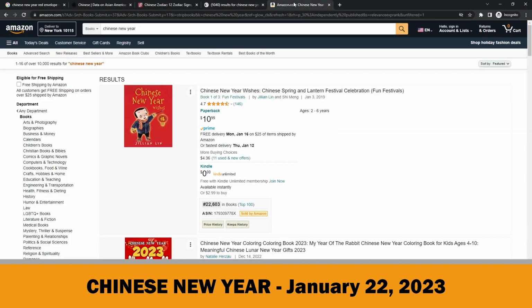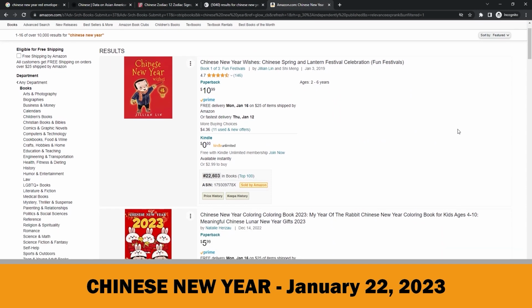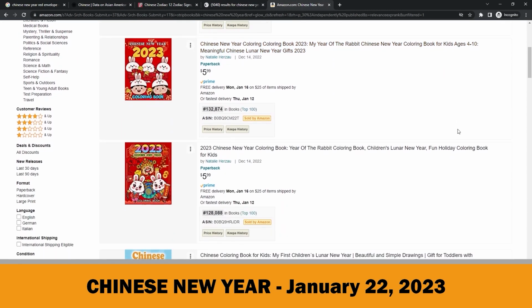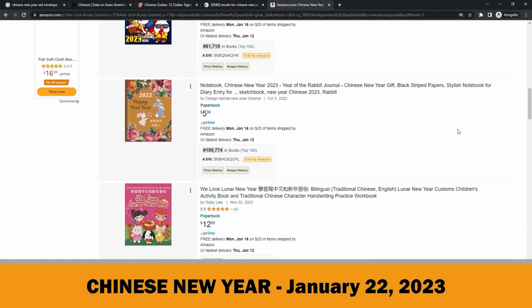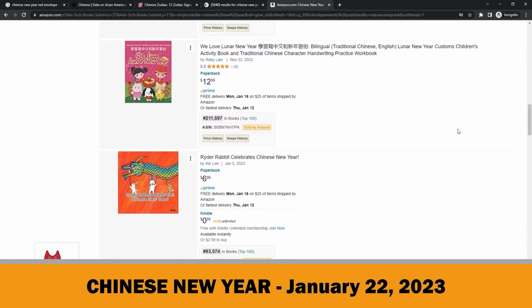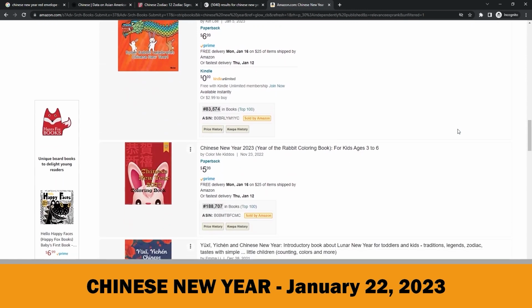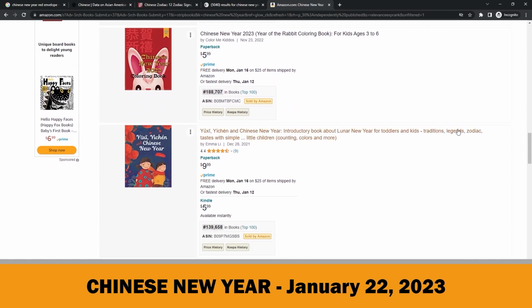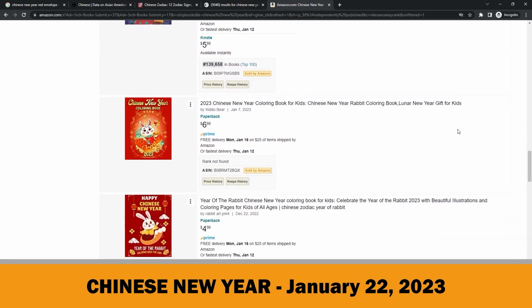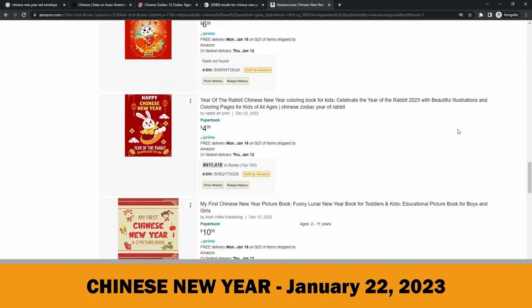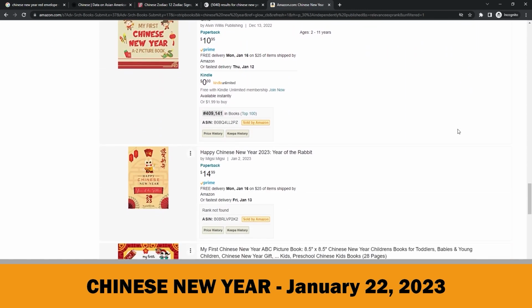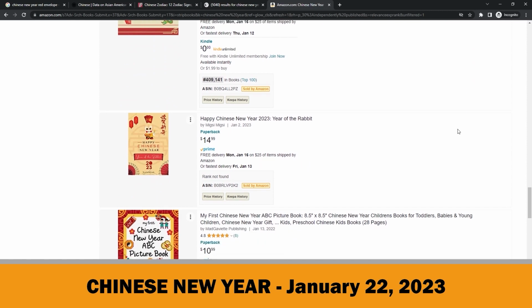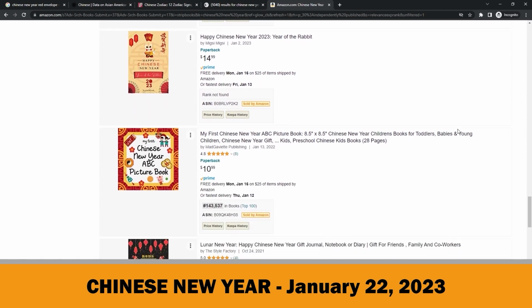Let's check on Amazon also what kind of books we can create for this niche. As you see, coloring books, journals with the Year of Rabbit designs, and some books with medium content about Chinese New Year are already selling well, and the BSRs will be better in the coming weeks. Also, remember that it is a 15-day festival, and this makes it a perfect seasonal niche as we have a chance to sell related products until the end of January.